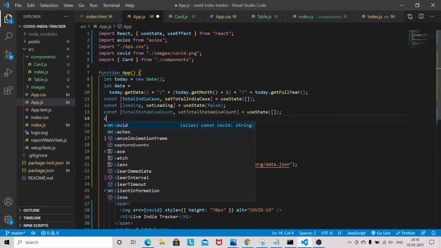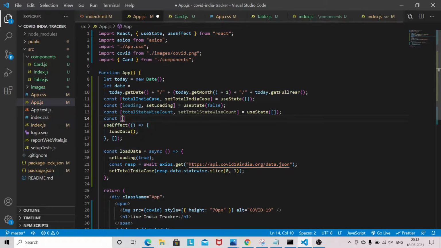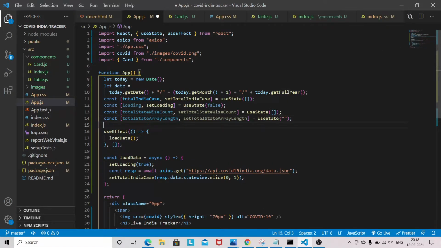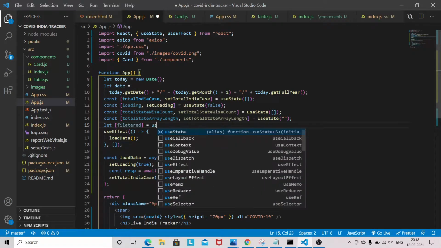And we also need an array length, so total state array length, set total state array length, useState. You can give anything here. And let filter data will be used later when we implement the search functionality, useState.